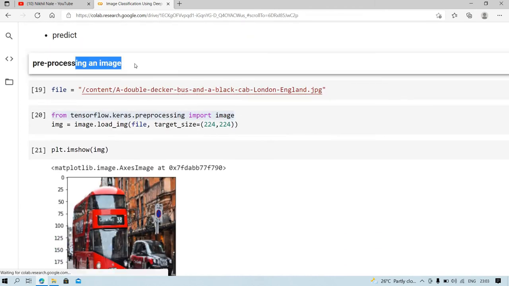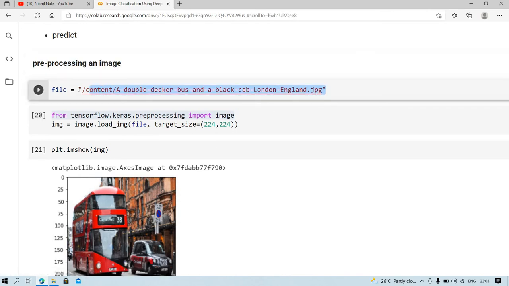So you will see the pre-processing of an image. First I will load the image into a variable, file.